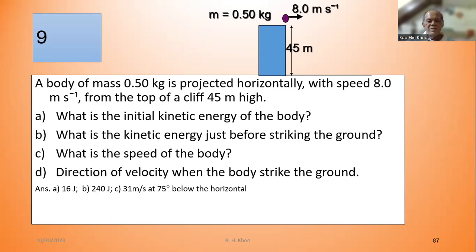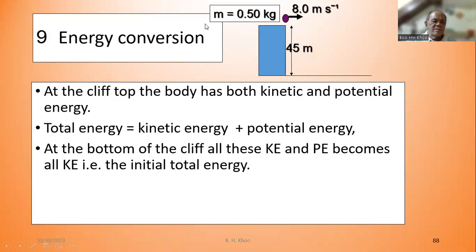Direction of the velocity when the body strikes the ground. Right? At that point, what is the direction of the velocity? We want to find the speed and the velocity. Conservation of energy: at the cliff top, the body has both kinetic and potential energy. So total energy is equal to kinetic energy plus potential energy. At the bottom of the cliff,